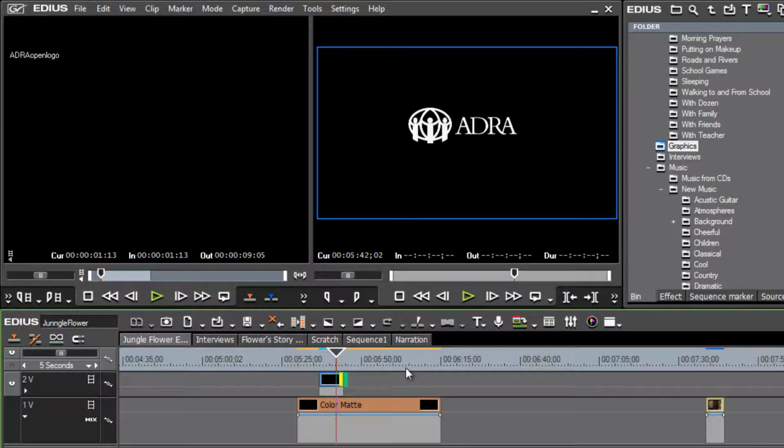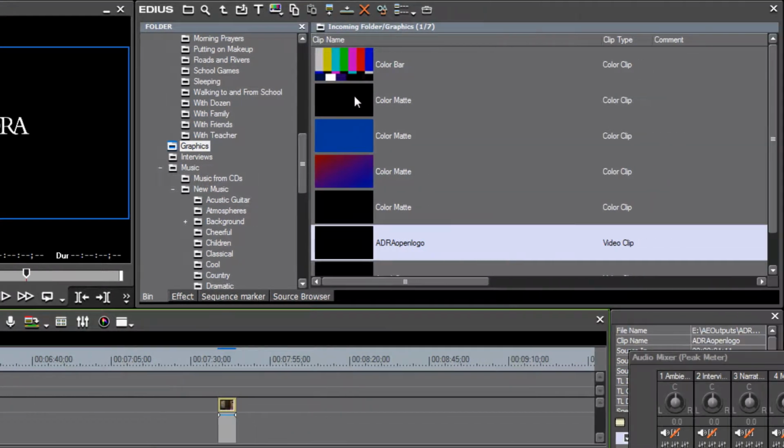What we could do is add another piece of color matte right at this point, or we could use our mix tool to add that down. Maybe I'll show you both ways. Here we've got our playhead position right where we want to fade out our graphic, and so at this point we could